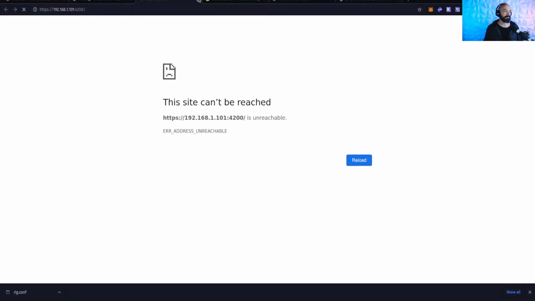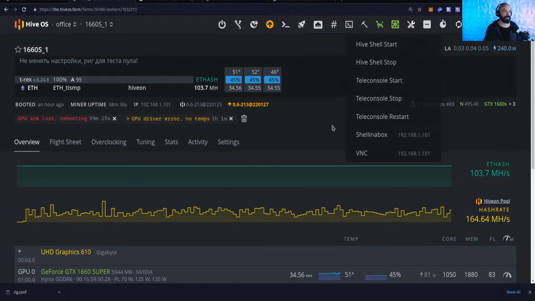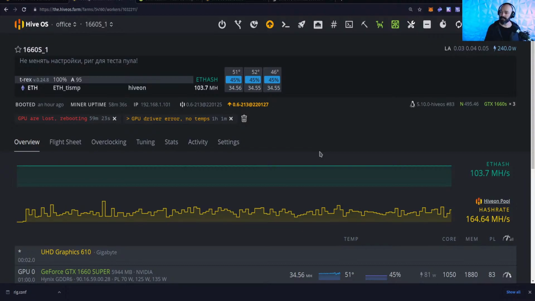Oop. Okay, I'm unreachable right now for this machine. But I could tell it Hive shell start and then use Shell in a Box, or my favorite VNC client to be able to remotely access it, or I can just use something like PuTTY, right? And I can remote in that way. But I'd want to go to var/logs/miner from the shell,